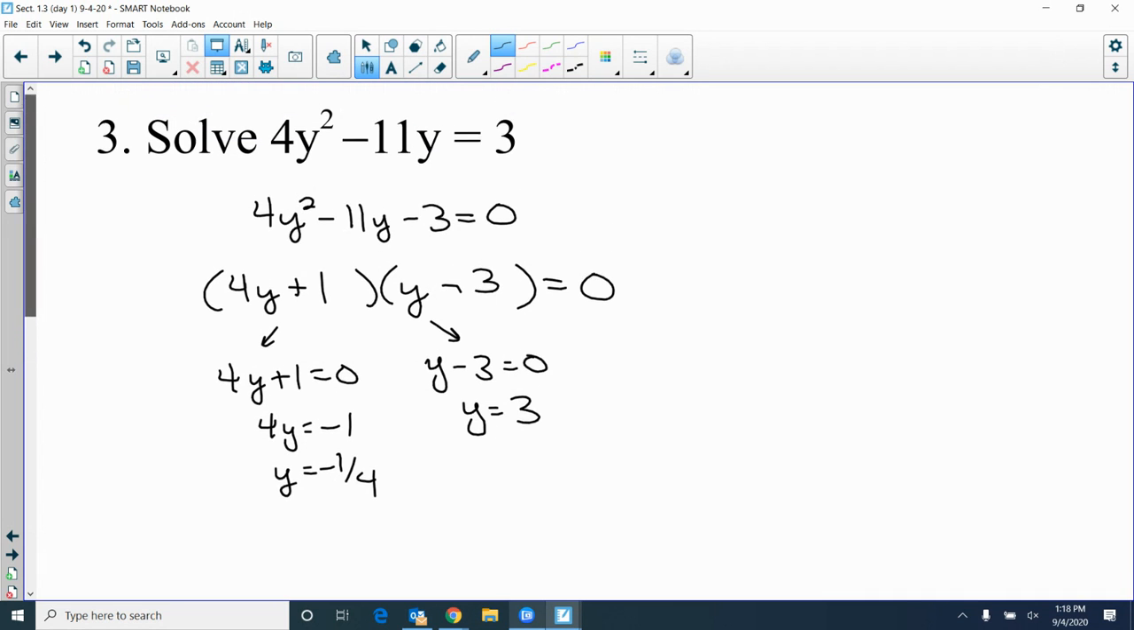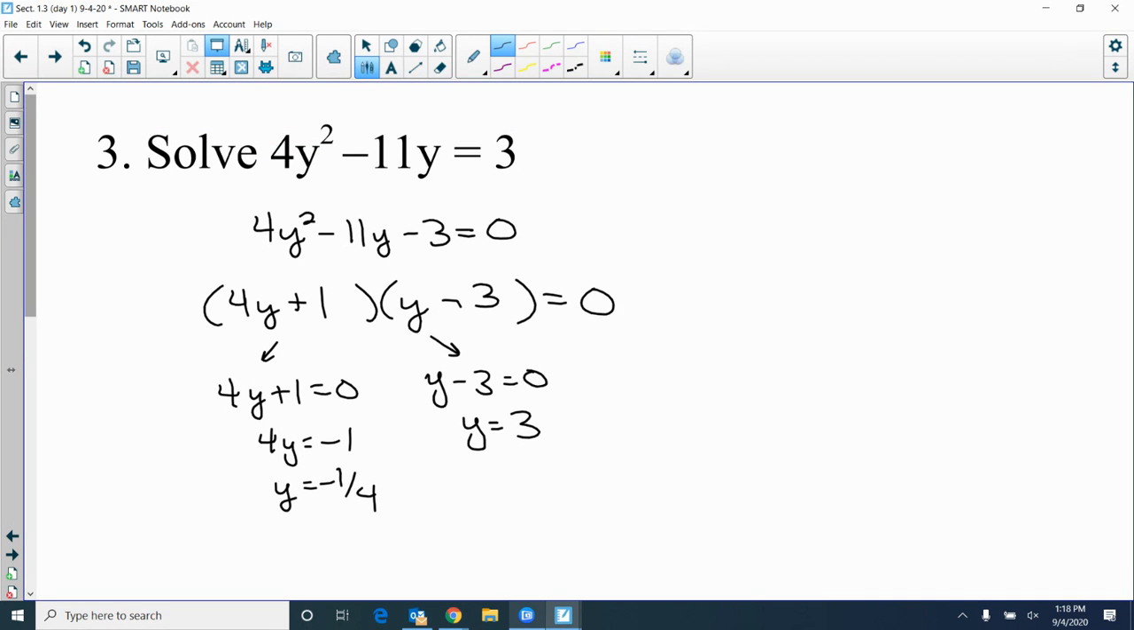You've got to understand, if you substitute those in, they're going to work in the original equation. They'll also work in the second one. So real quick, if I plug in 3, 3 squared is 9. 4 times 9 is 36. What's 11 times 3? 33, and 36 minus 33 is 3. It's got to work. Same thing if you plug in negative 1/4. That's not as nice, but it will work. So y equals negative 1/4